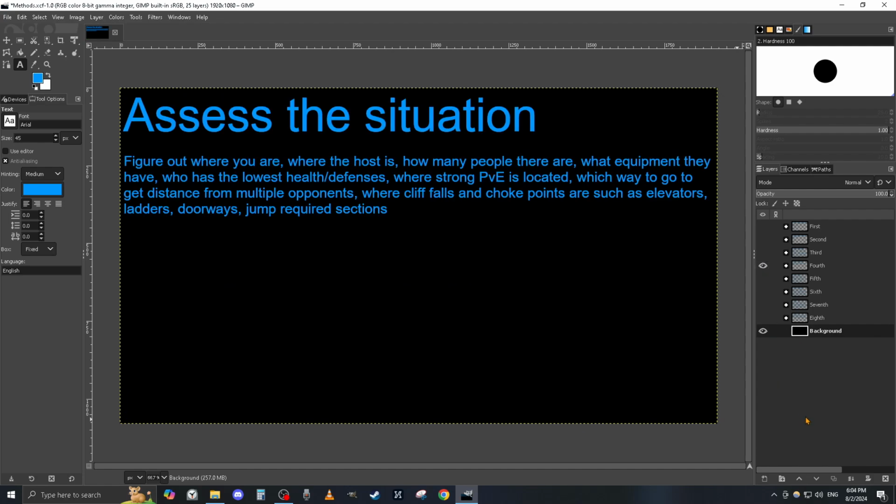Okay. So next you assess the situation. Figure out where you are, where the host is, you look at the compass. How many people there are, if you're on PS5 or PC, I think, you can check that. What equipment they have, who has the lowest health defenses, where strong PvE is located, such as a Fire Knight, a Golem Archer, the Draconic Sentinel, the